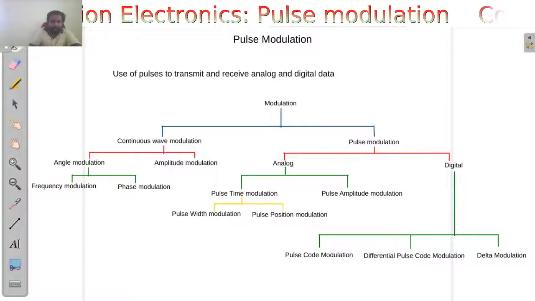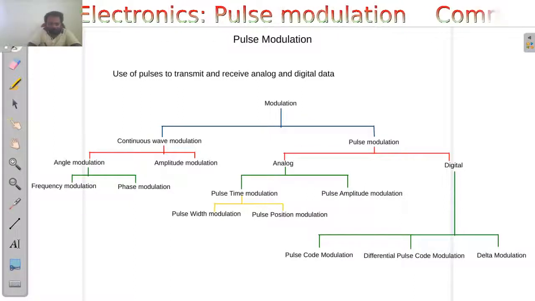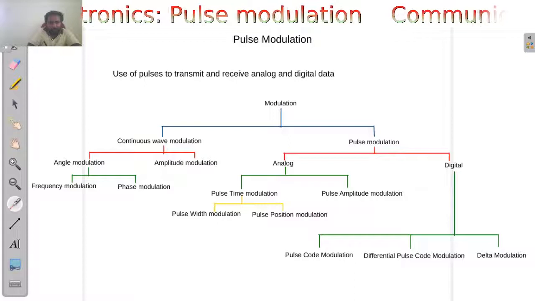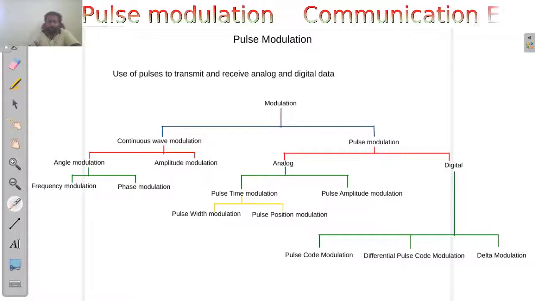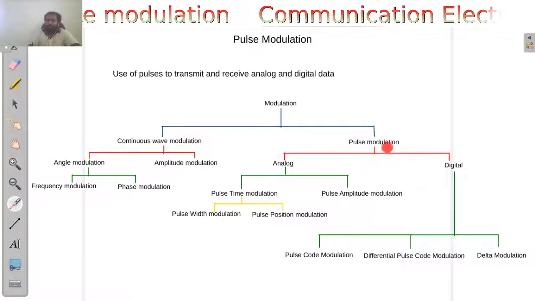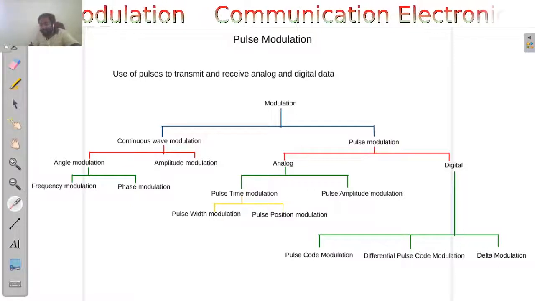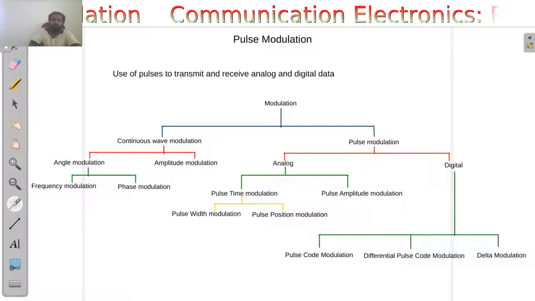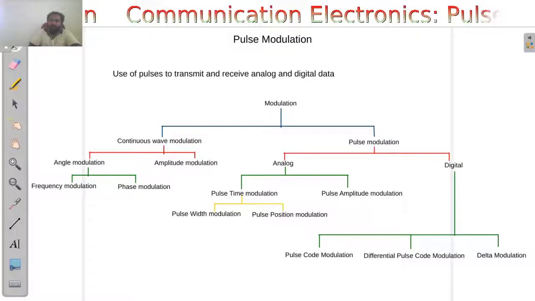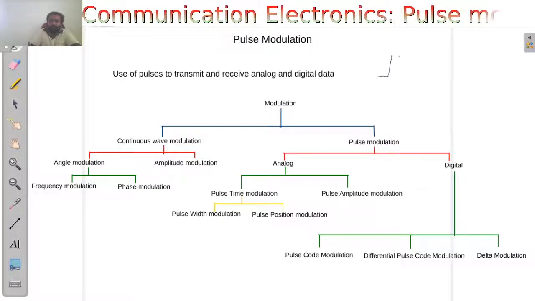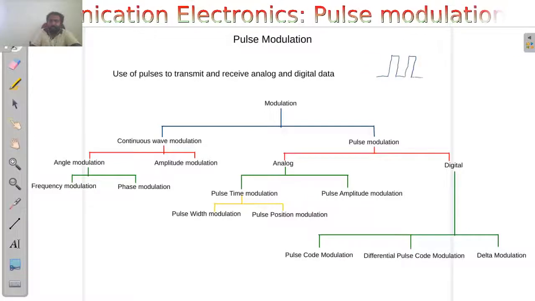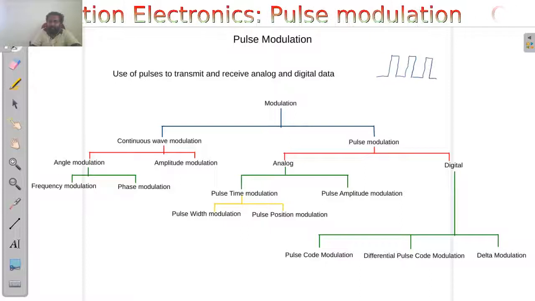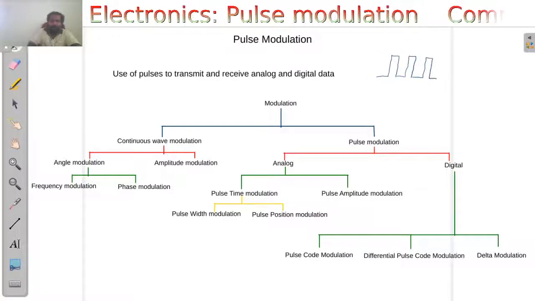So, that is why these modulations are called continuous wave modulation, because we are using sine waves to modulate. In the case of amplitude modulation as well as in the case of frequency modulation, angle modulation, we are using sine waves, continuous waves. But in the case of pulse modulation, we are using discrete waves. Discrete waves means in the case of pulse modulation, we will be using something like a square wave. Okay, pulses, these are called pulses. So, we will be using pulse like waves to modulate upon.